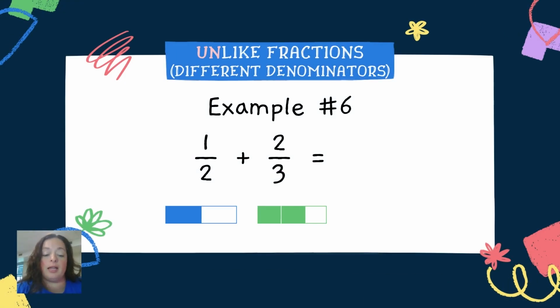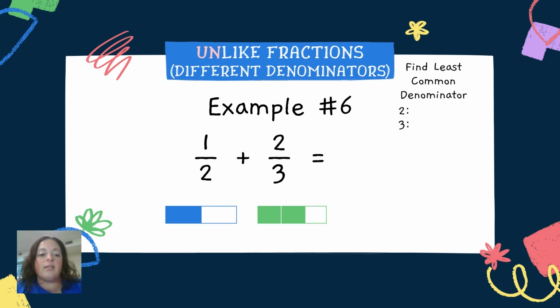Example 6, unlike fractions with different denominators. This time we can't make one of the denominators into the other denominator because 2 can't go into 3 evenly. So we are going to have to find a common denominator in a different way. To find the least common denominator, we need to list the multiples of 2 and 3 until we find one